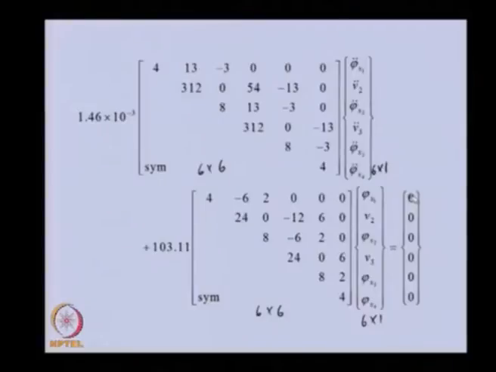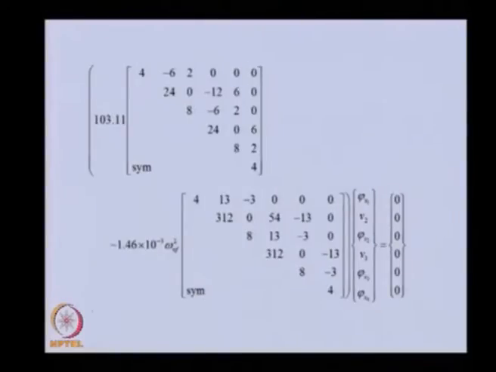Because we have eliminated the equation corresponding to the reaction force at the support, that is the shear force. So those terms, this vector will be 0, because deliberately we eliminated them, in which we had the unknowns in the right hand side. So now you can see this particular equation.